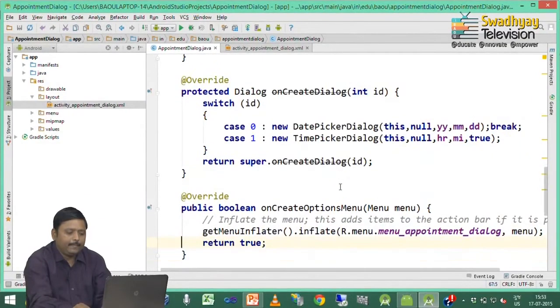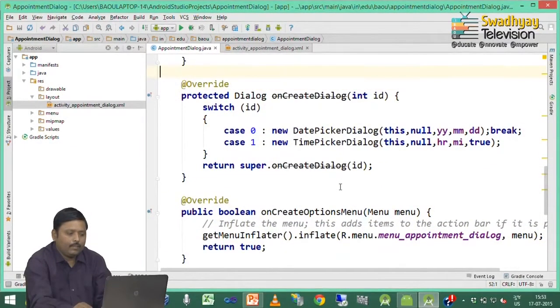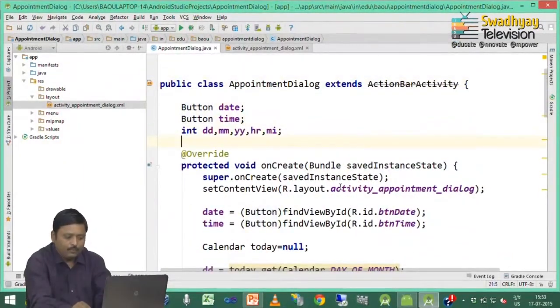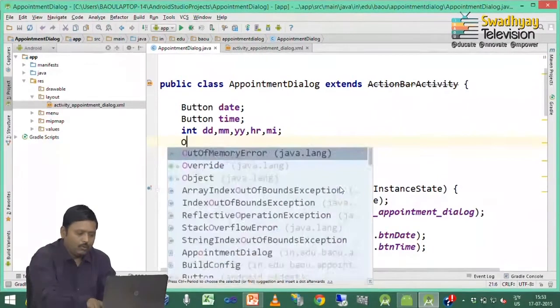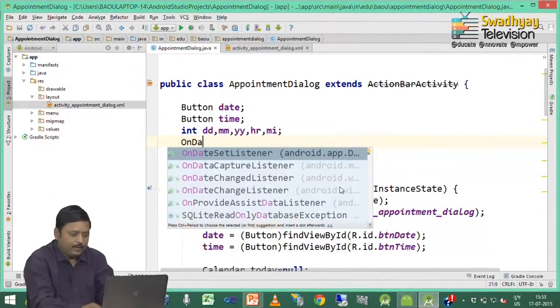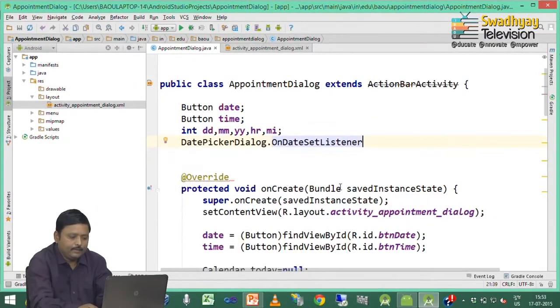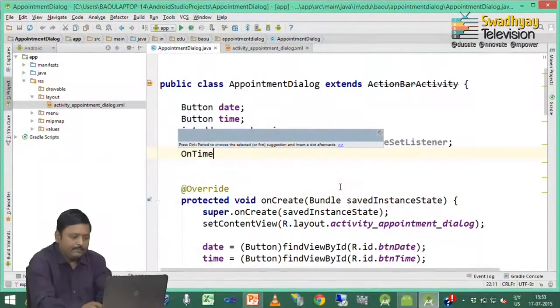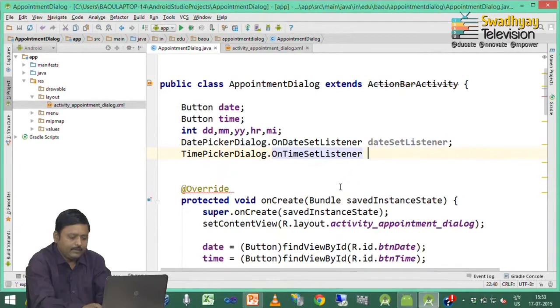Next we declare 2 variables. One is OnDateSetListener, which is date set listener, and OnTimeSetListener, which is time set listener.